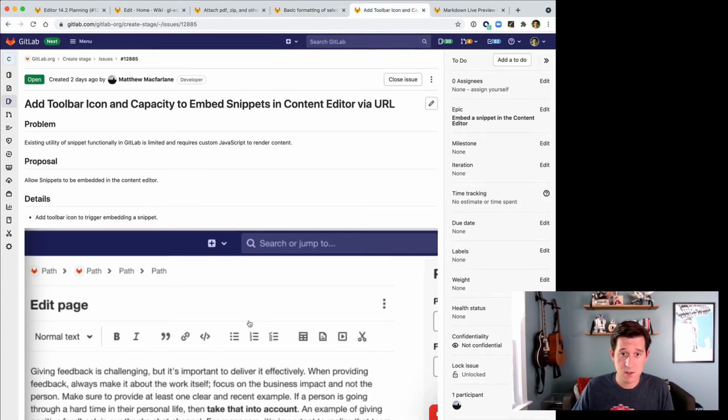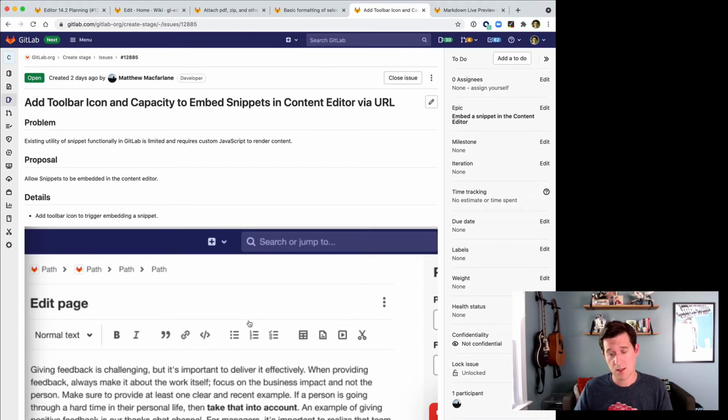And the last thing we want to do in the content editor and in the wiki would be to introduce the ability to embed snippets. So one of the common use cases in the wiki is documenting code. You might have a code block that you insert using Markdown syntax, and it'd be great if you could reuse that content across multiple pages by creating a snippet, embedding that